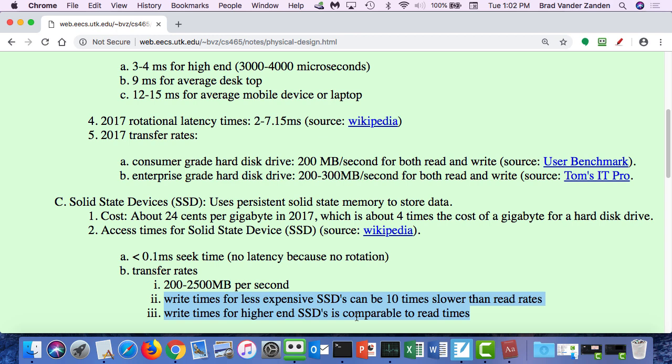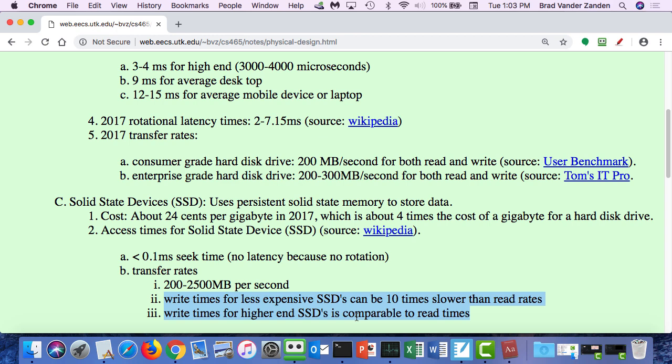No matter what happens, even when hard drives get replaced by solid state, it is still going to be a bit of an issue to access things in secondary memory because it's still slower than primary memory. So we're still going to be concerned with trying to minimize the number of reads and writes that we make to secondary memory. So the whole goal of the query optimizer, when we talk about physical design and the mapping of relations to files, is to help the query optimizer minimize the cost